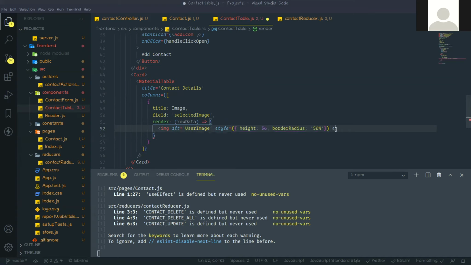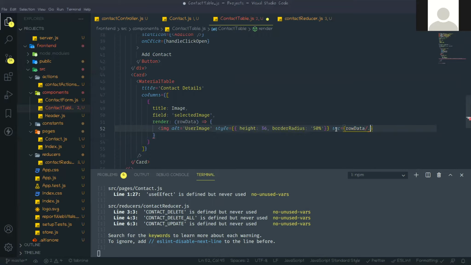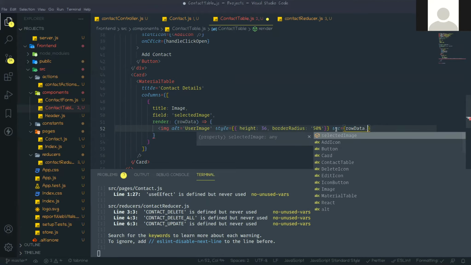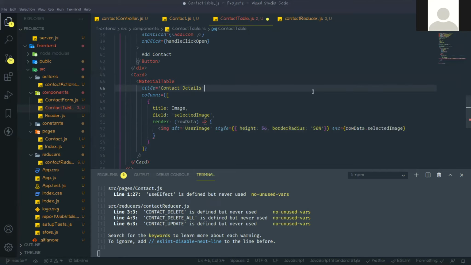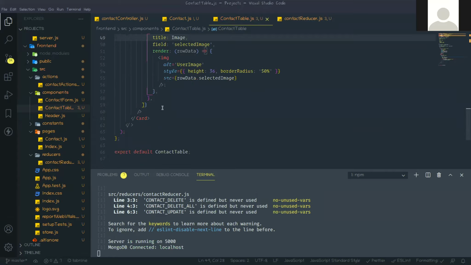Okay, next source, rawData.selectedImage, sorry, and this will also be self-closing. Okay, this is the first column.